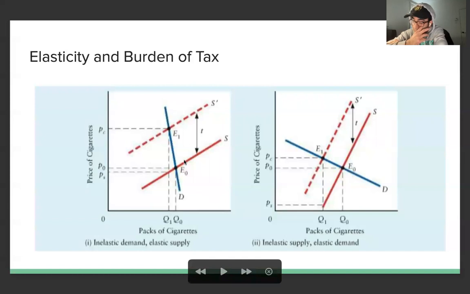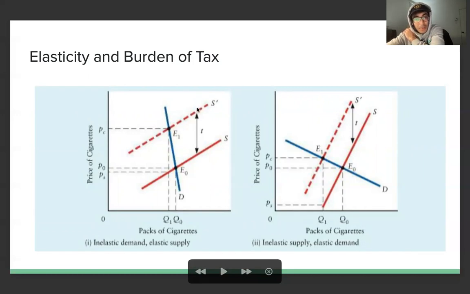Okay, this is a really important concept to understand, which is the burden of tax. If the demand is inelastic and the supply is elastic, the tax burden is more on the consumers. But if the supply is inelastic and the demand is elastic, the tax burden is more on the supplier. And we can see graphically and logically both, it makes sense. So let's look at the left graph here first. Let's say there was a tax introduced that shifts the supply curve upwards